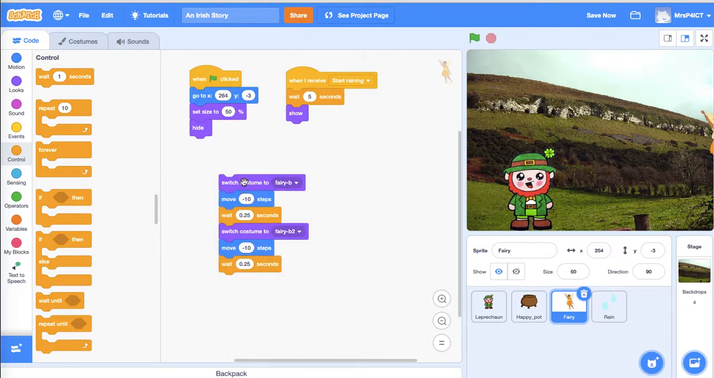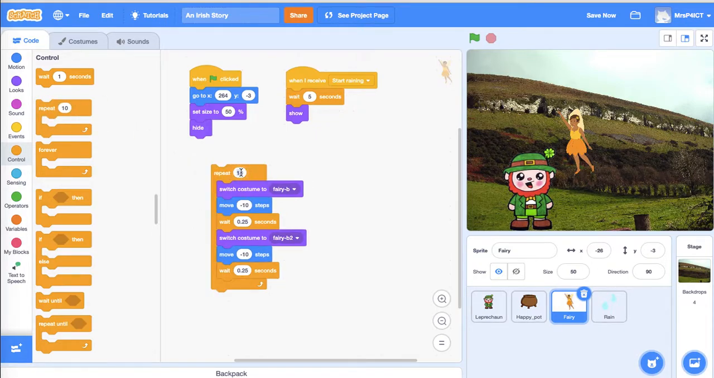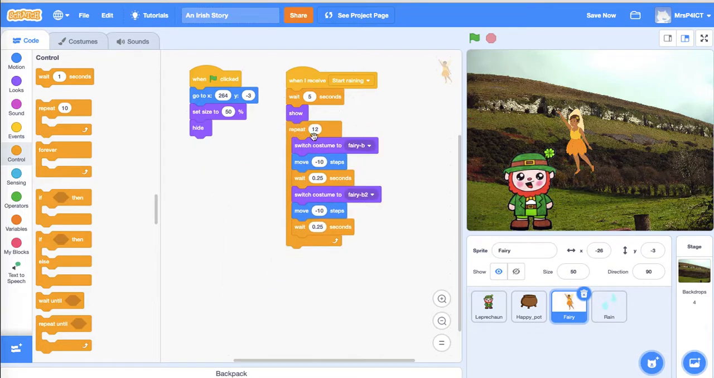Right, so this should be her moving. 6, 7, 8, 10, 11, 12, 13, 14. Maybe 12. Okay, so she'll come in. Then she can say to him, say,